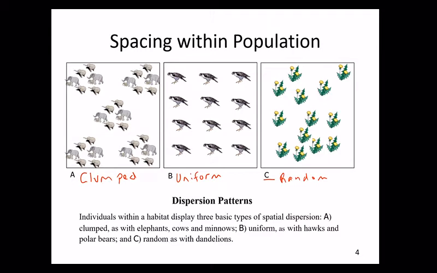Another example that always comes to mind when I think about clump distribution are oases. So an oasis is an area in a desert where there's a water source available. Because the water in this case is a limiting resource in the very arid climate, plants and animals tend to clump around the water area and grow in that way. So the clump distribution shows uneven. And so within the population, animals or plants, organisms will tend to take up one or the other of these dispersal patterns. Again, this may affect the population range and where the animal is living.